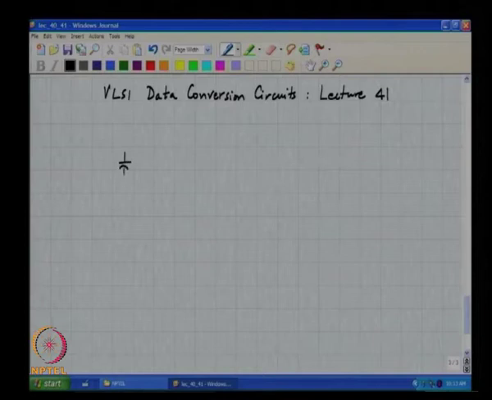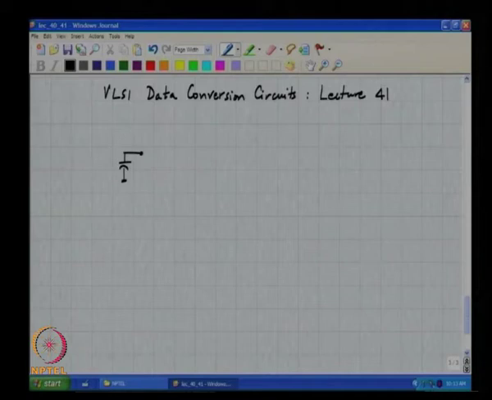To keep things simple, we first start with the simplest possible reference, namely 0. In other words, we would like to figure out if some analog voltage, say stored on a capacitor, is greater than 0 or less than 0. We are not really interested in the absolute value of the voltage, we just want to figure out if it is greater than 0 or smaller than 0. So what do you think one could do? What is the simplest thing that you could do?